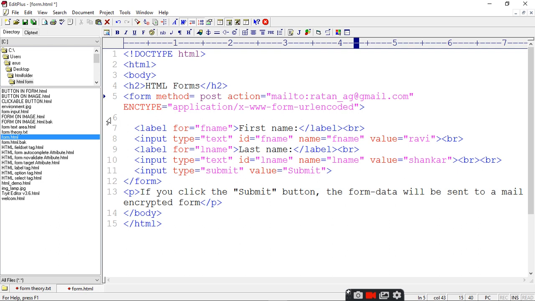Suppose this is the email, and we are sending it in encrypted form. For that you have to use application/x-www-form-urlencoded. So it will go to the mail of Ratan in an encrypted form. If you click the submit button, the form data will be sent to the mail in encrypted form.